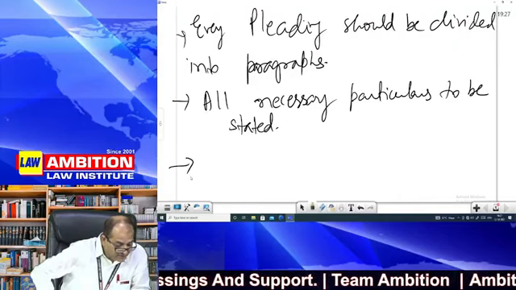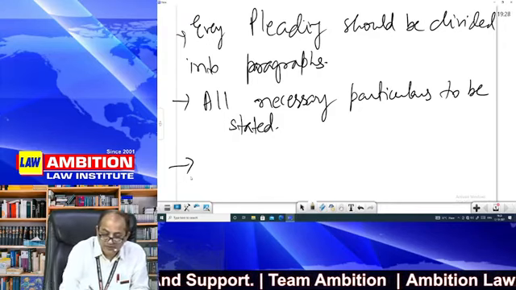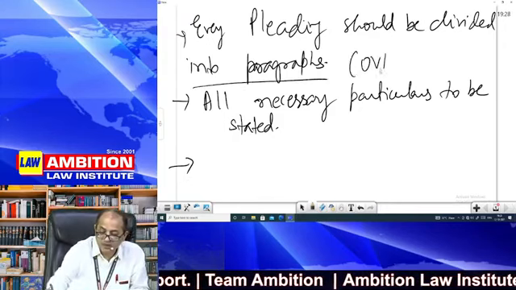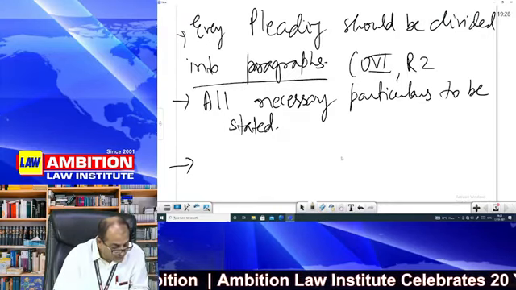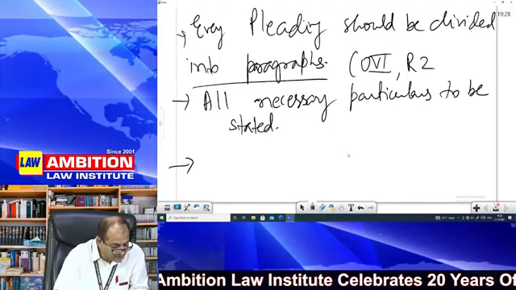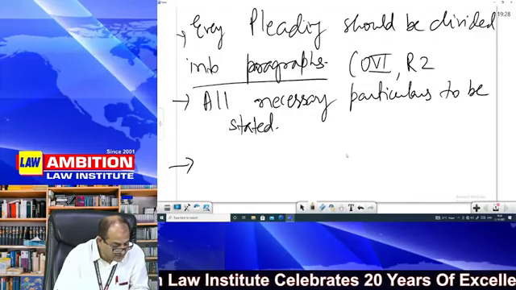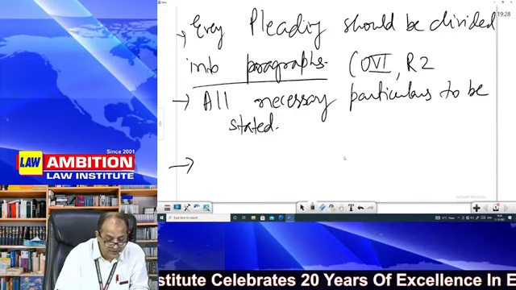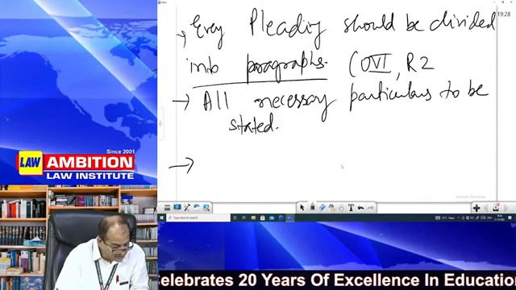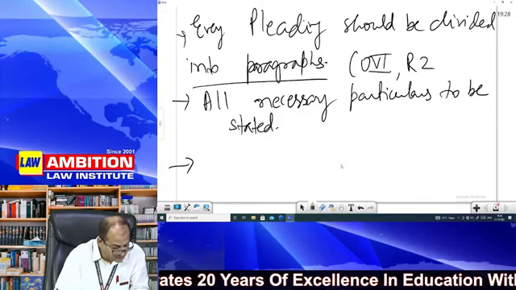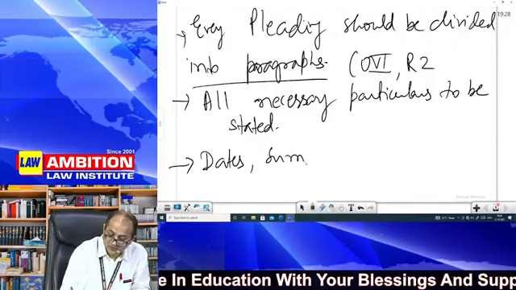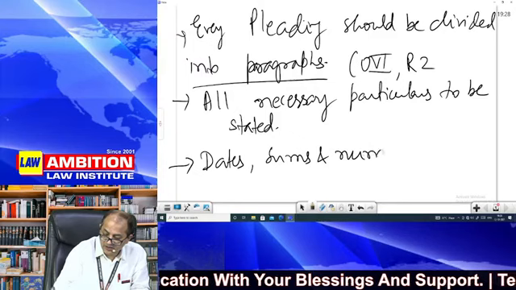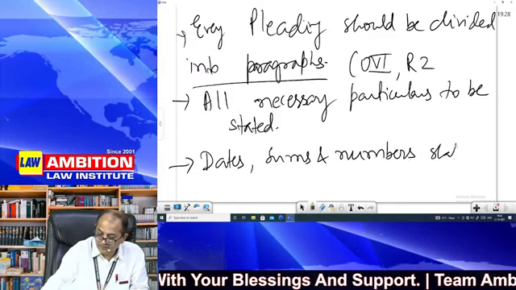Every pleading shall when necessary be divided into paragraphs. तो मैंने भी लिख दिया Order 6 Rule 2. अब आप घर पे जाके इसी को लिखते रहोगे. Now, then it says, so far as it is convenient, numbered consecutively, each allegation into a different paragraph. All necessary particulars to be stated, dates, sums, numbers shall be expressed in pleading in figures as well as words. So that is very, very important. Dates, sums and numbers, just to bring clarity, shall be stated